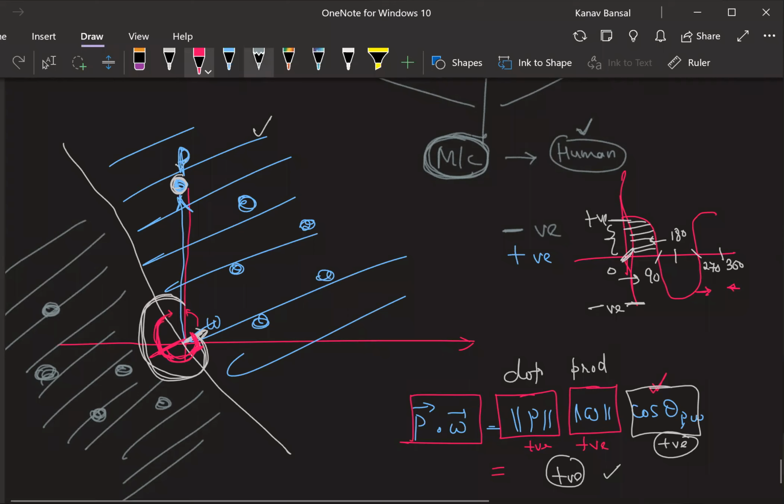So what kind of value is it? You see, it is again a positive value, right? You can come from any direction, it doesn't matter. It is going to tell you whether this point is lying on the positive side or the negative side of the plane. Is it making sense, Aarti?